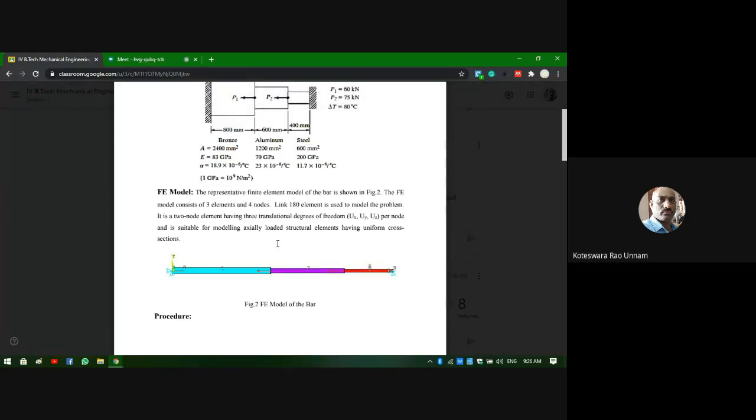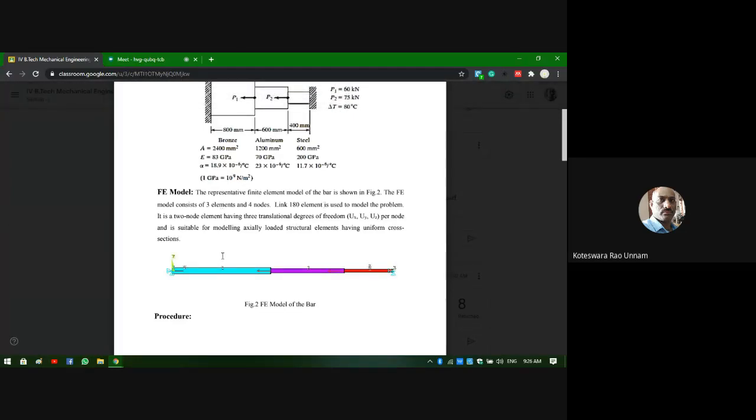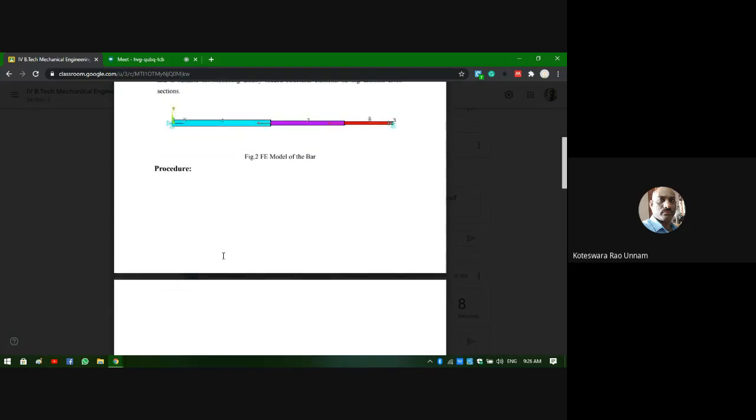Of course, in our problem we don't have any self weight, so we are not talking about those things. In addition to the point loads, we have a thermal load, and this element is capable of taking it, so we can use the same element to model this problem.